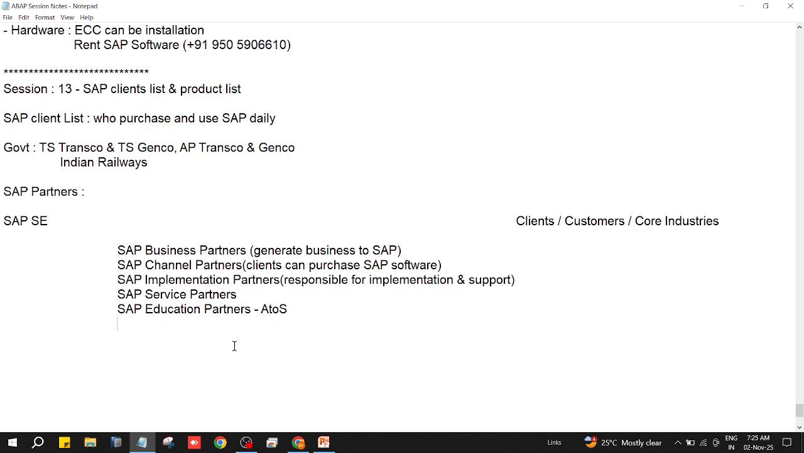Next, we have to go to another type of partnership: business, channel, implementation, service provider. Just now we have seen SAP software partners. So a software partner is nothing but